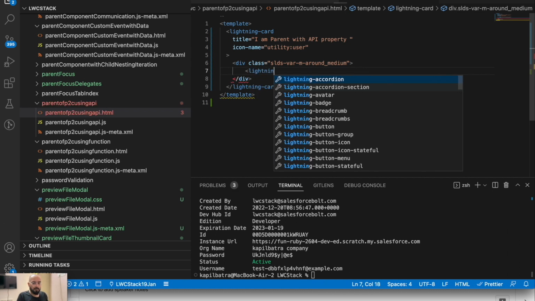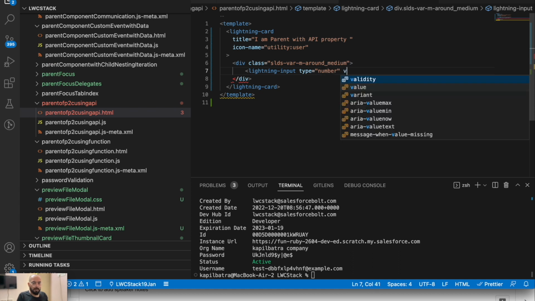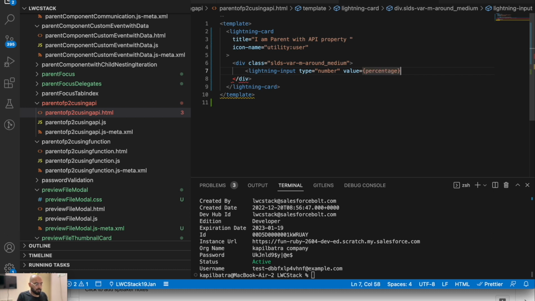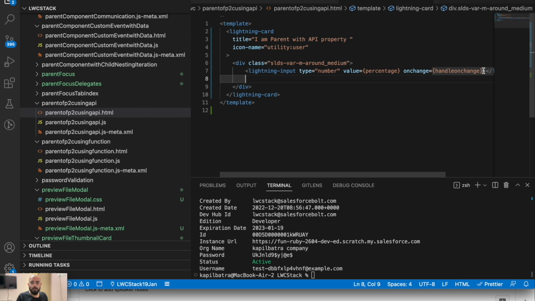Okay, so for that I'm using lightning input, number type lightning input, and in value percentage, and on change we'll be having the value in percentage. Handle on change. All right,